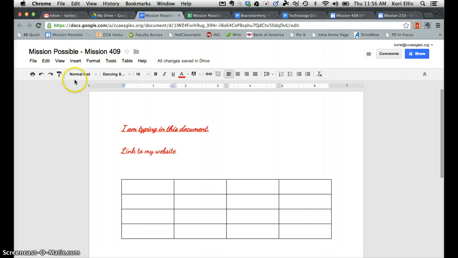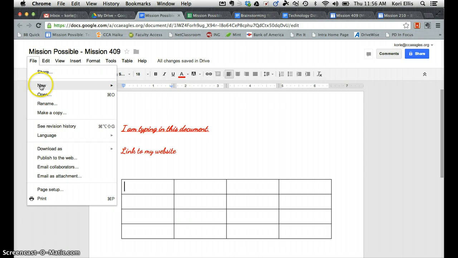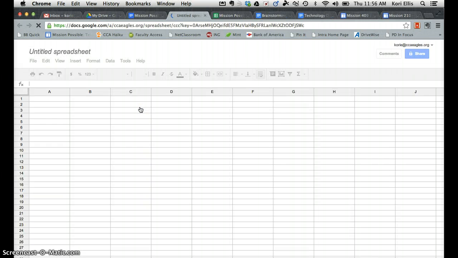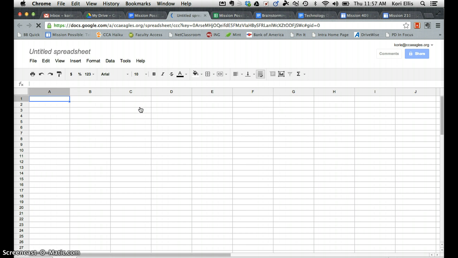Now I want to show you quickly how to make a new spreadsheet, and that's kind of like an Excel document. So you would click here and it gives you a spreadsheet that looks very similar to Excel with all the same editing toolbars as you have in the Google Doc, and this will give you the opportunity to again go ahead and type time in seconds, distance in meters or miles,